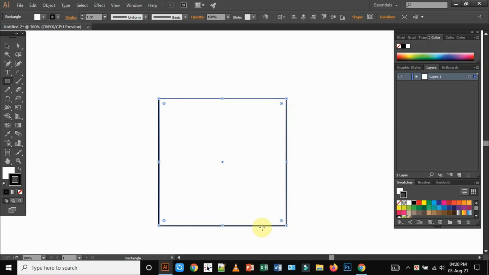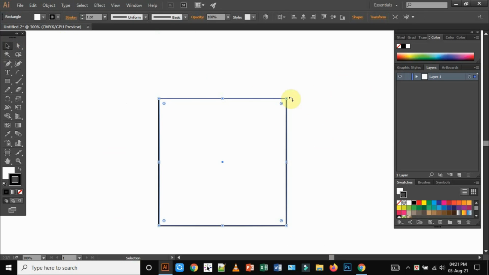This shape is equal on all sides, I mean this line, this line, this line, and also this line. All these lines are equal. This is called a square shape. When you would like to draw any square shape, you must press the Shift key of your keyboard. Now go to the selection tool again.